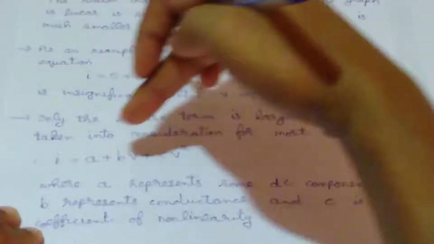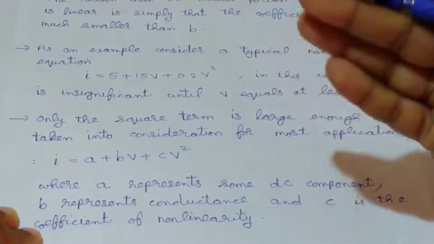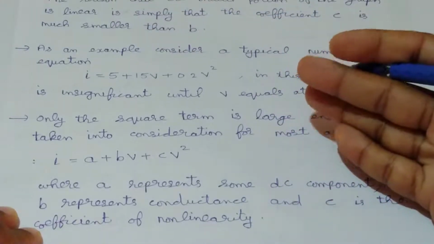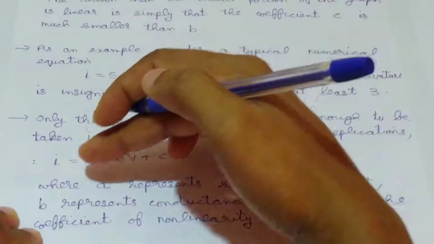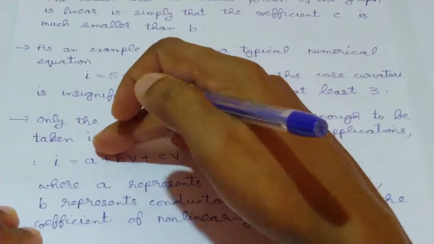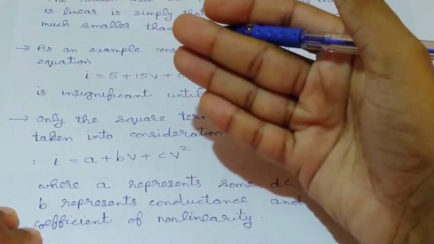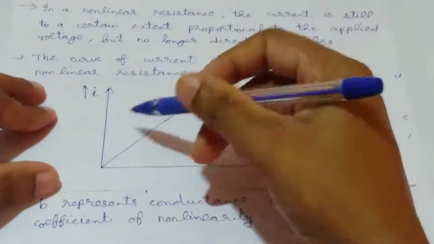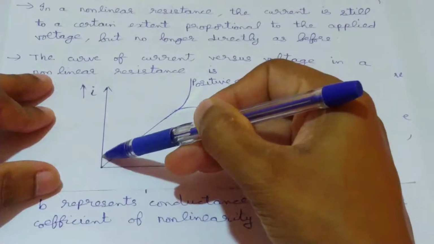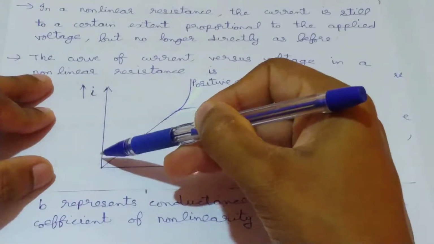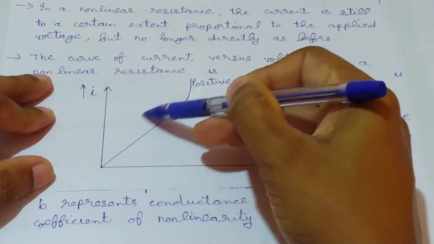And this A actually represents some constant DC value, or we can say offset current value. Under normal condition, this A will be 0. Okay. It is actually used to indicate that initial offset value if that is present. If that DC component is present, then when we consider this graph, it will not start from 0, it will start from that offset value. If that offset value A is at this point, then this graph will start from this point.